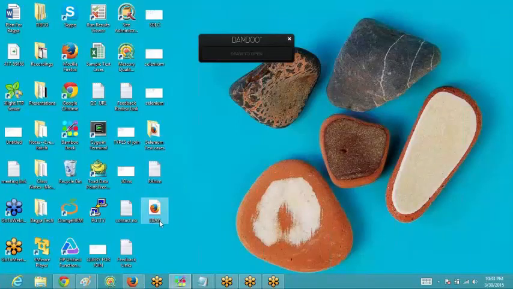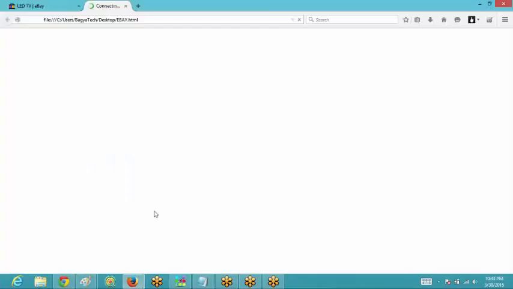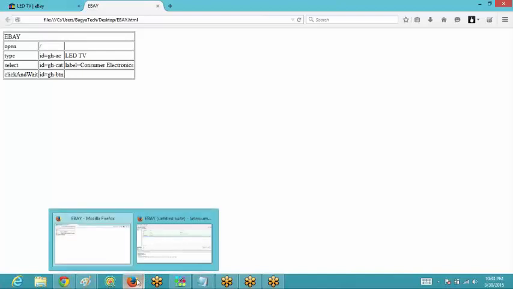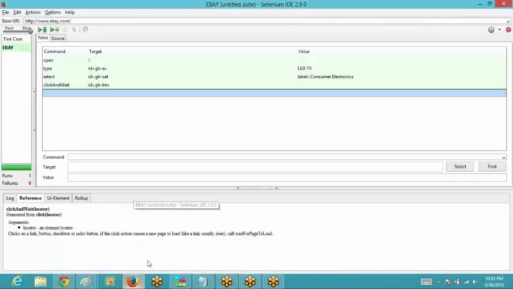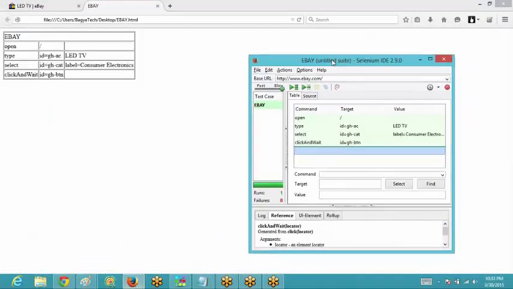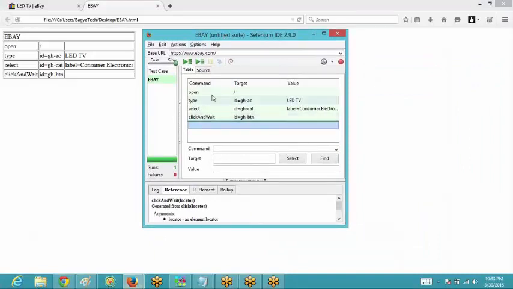Now can you see over here, this test case is saved in this eBay file. Double click on it. You would be able to see that it is opening in Mozilla Firefox only, and it is being opened in the HTML format. If you are able to figure out, see what all steps were generated, or the script that was created over here, it is the same which is getting saved over here.